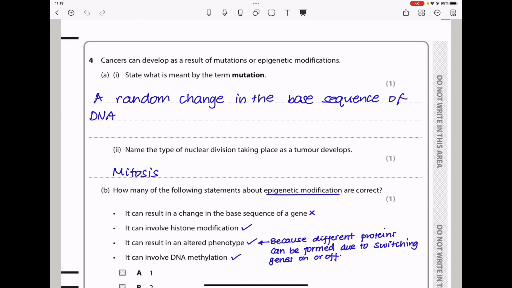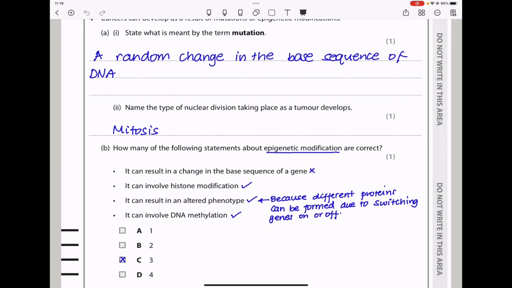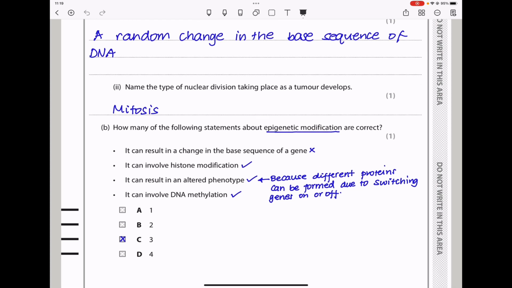Question 4. Cancers can develop as a result of mutations or epigenetic modifications. State what is meant by the term mutation. A mutation is a random change to the base sequence of DNA. Next, they say, name the type of nuclear division taking place as a tumor develops. This is going to be mitosis because cells produced are going to be identical in order to produce the tumor